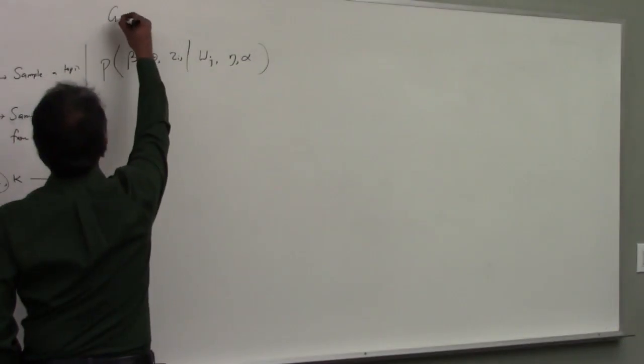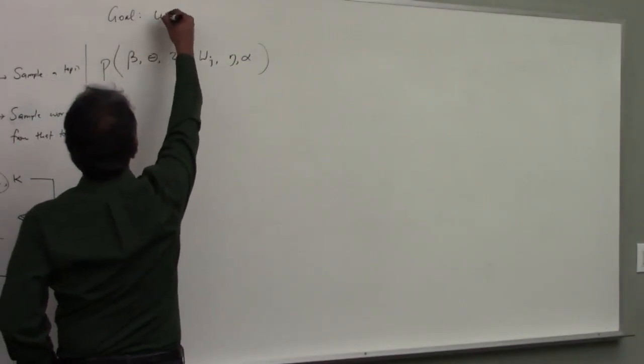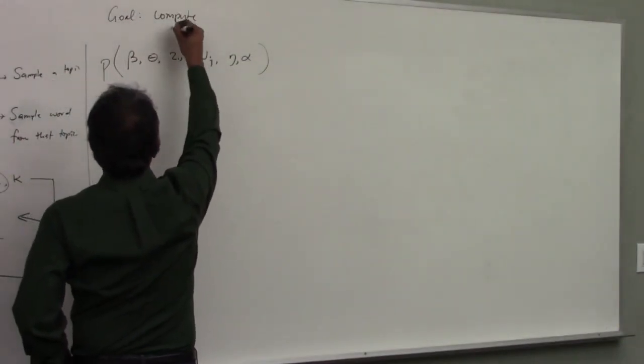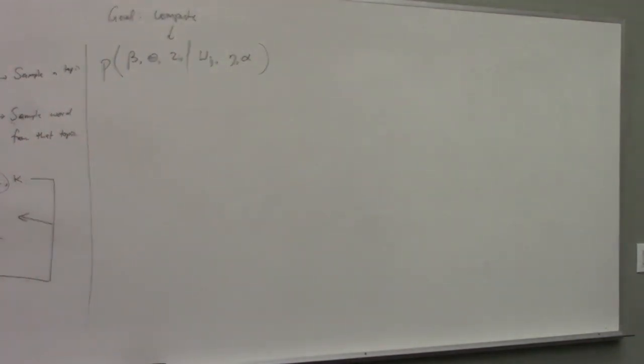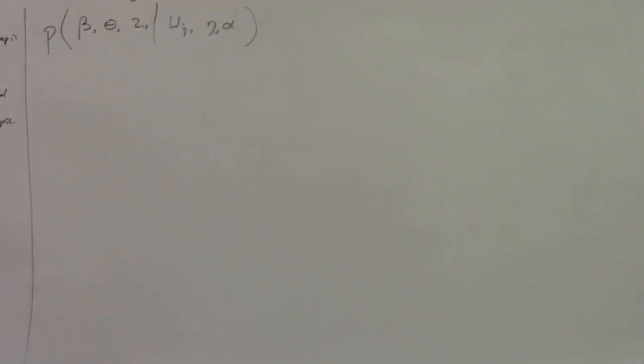And that's where you do things like MCMC methods or use variational methods, and again a bunch of other things that I will not cover here, but are a very interesting topic to study if you're in the right class. Okay, so the goal here is to compute. Yes, you have to provide the key. Yes, for now. There's a way to get around this, but for now you're providing it.